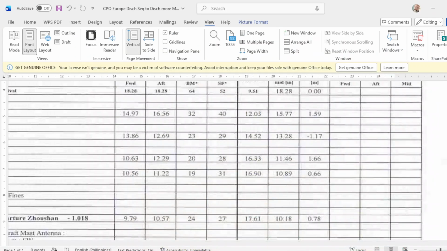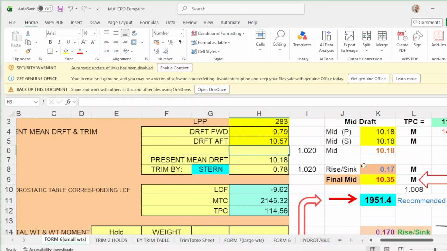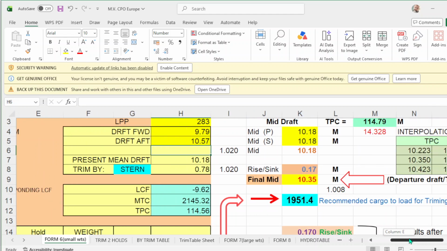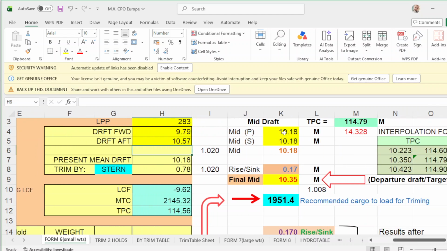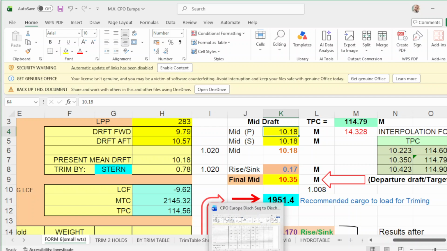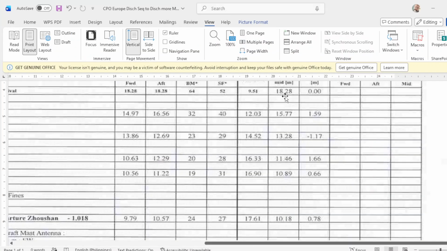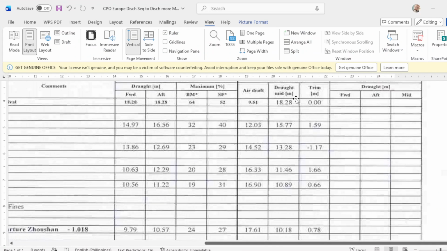For example, your actual mid draft is 10.18 as agreed by the chief officer and the surveyor. So mid draft is 10.18.